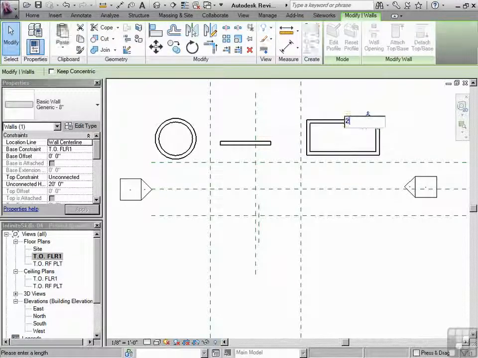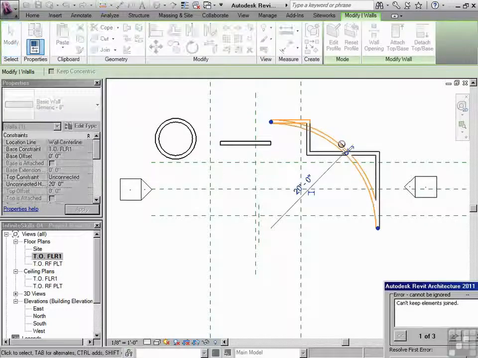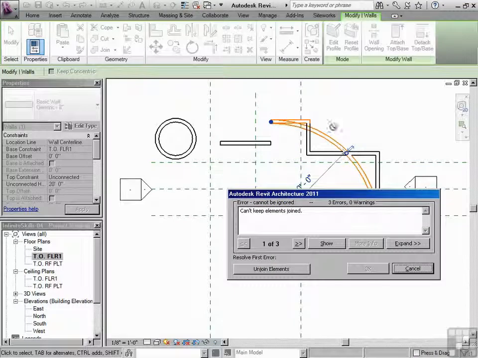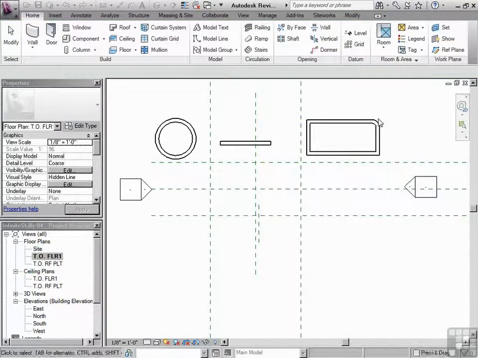What if I were to click 20 feet? It would try, but it would give me some warnings. Obviously, that was too big of a radius for that particular area, and I'm going to just hit cancel. We won't be using this command at all, other than just looking at it right now. So I wanted you to be aware of it, and now we'll move on to some other shapes and tools